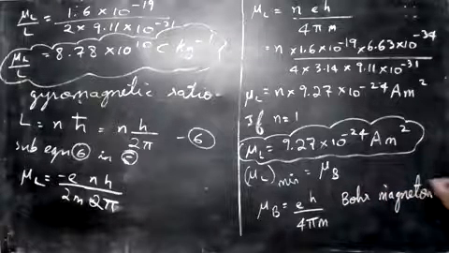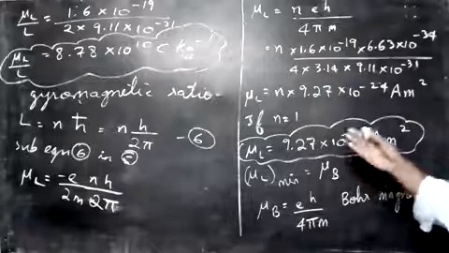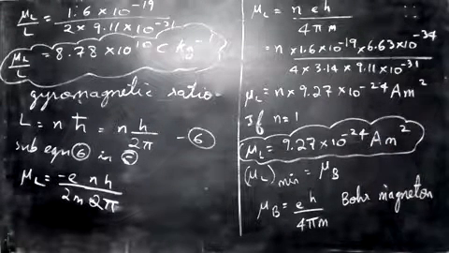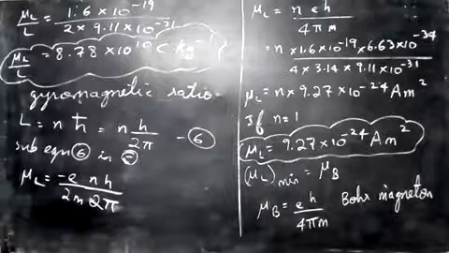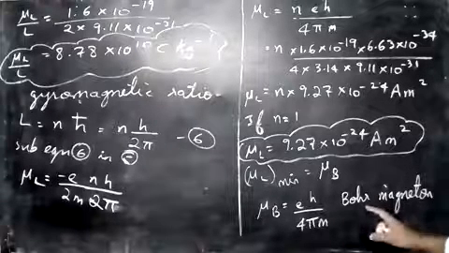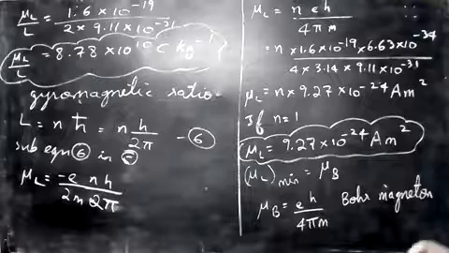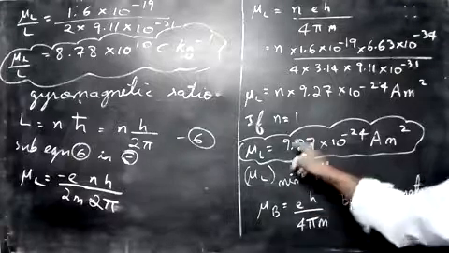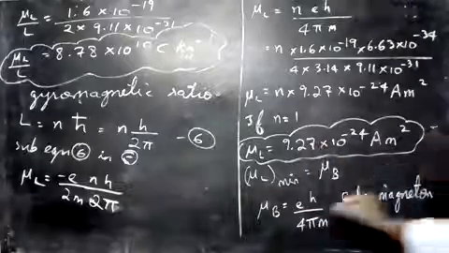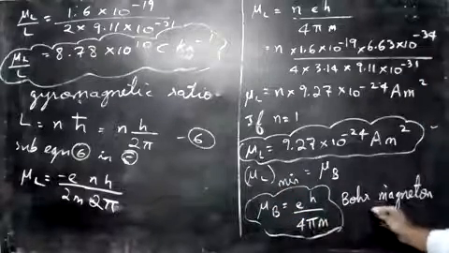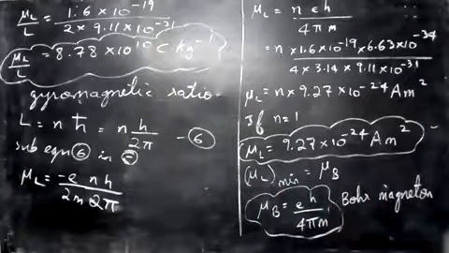This is a very important thing. They can ask about the Bohr magneton in one word also, or give options: what's the value of Bohr magneton? So you must remember this one. This Bohr magneton is used to measure atomic magnetic moments, so we can measure the magnetic moment of one atom also using this quantity. You must remember this number and this value. This is the value of the Bohr magneton, or the magnetic moment for the first orbit.